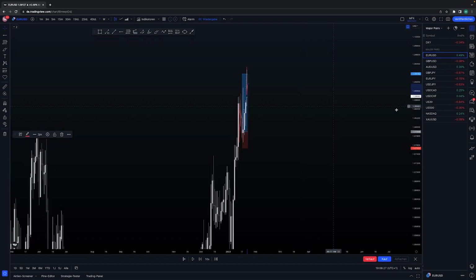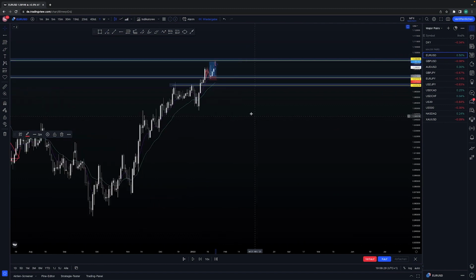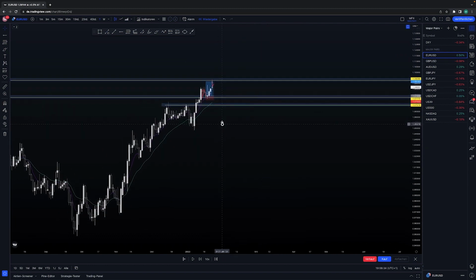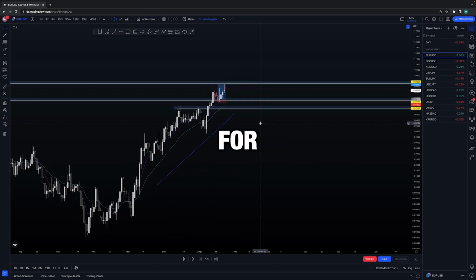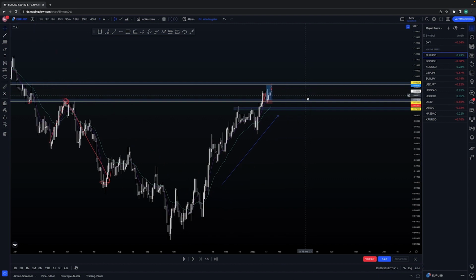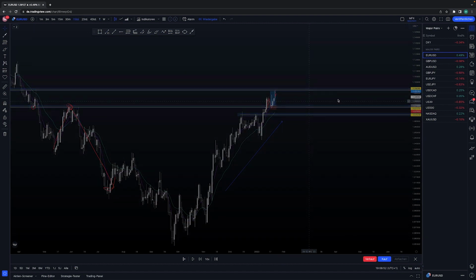When I go here back to the daily, I want to determine the trend. Are we in an up, down or sideways trend? Right, in this case we are in this massive upwards trend. So that's my step 1. Then I'm looking out for clean support and resistance areas. Right in here, we have determined this support and resistance area and this support and resistance area. Now that was my step 2, and then I go to the 1 hour time frame and then I'm looking out